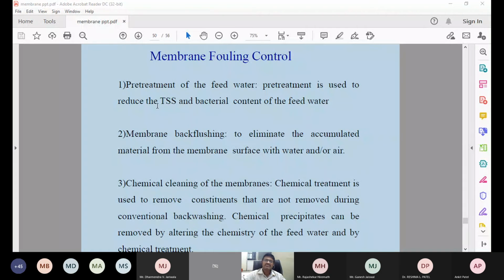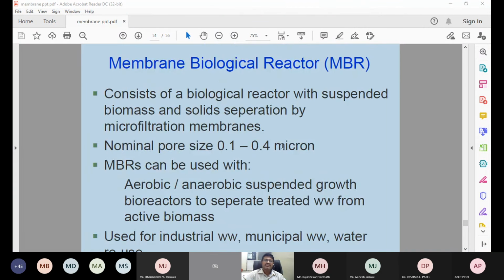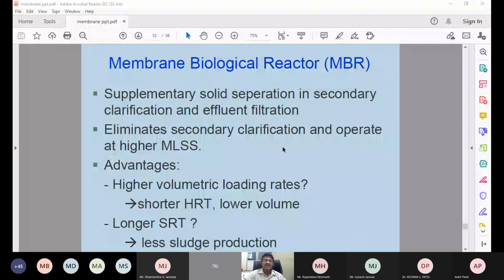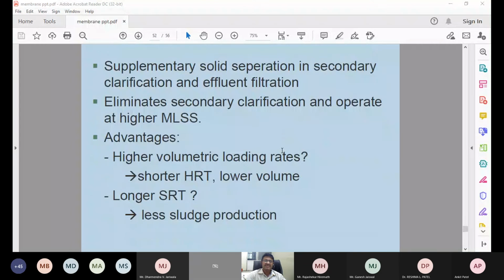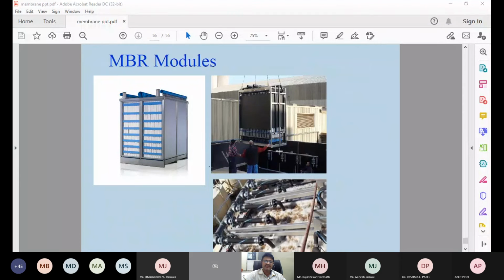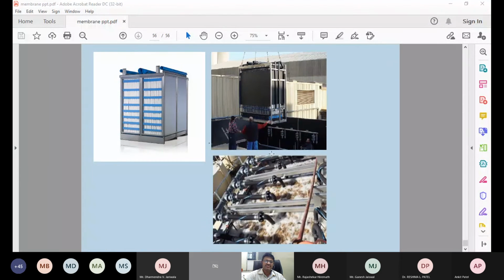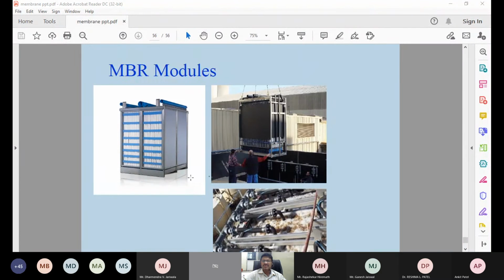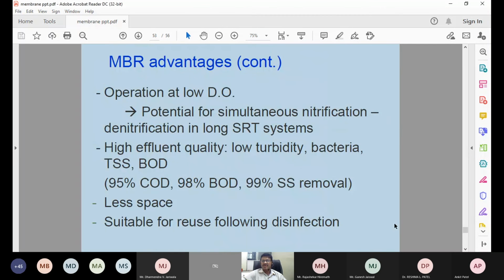So I think membrane biological reactors we will already have something on, and we will be seeing membrane reactors tomorrow also, so I am not going into this. These membranes are used in membrane bioreactors. That is also. So thank you,